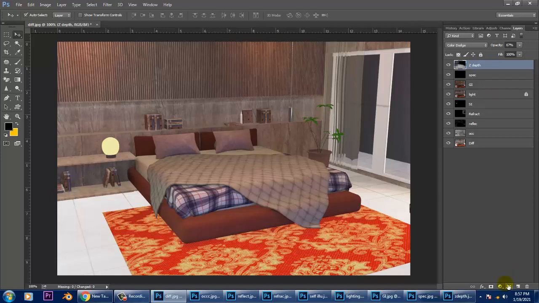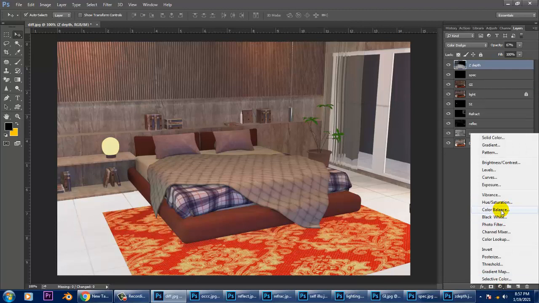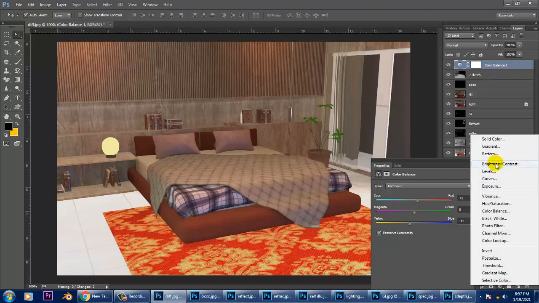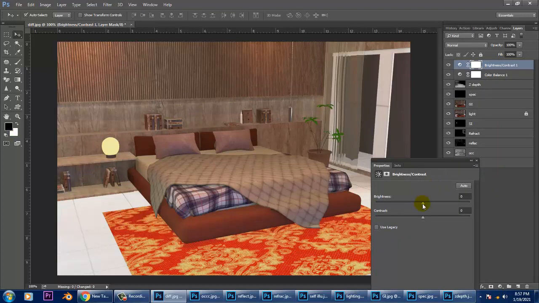Let's go into this and do some color balancing. Let's add some color balance properties as required. Again, let's give brightness contrast. Don't add more white color to it.